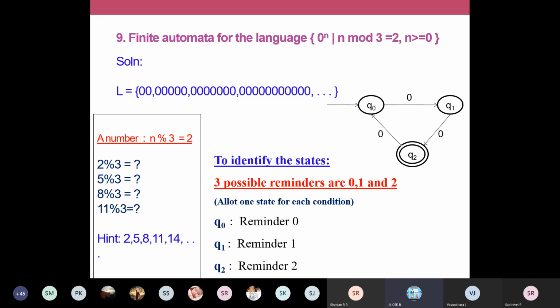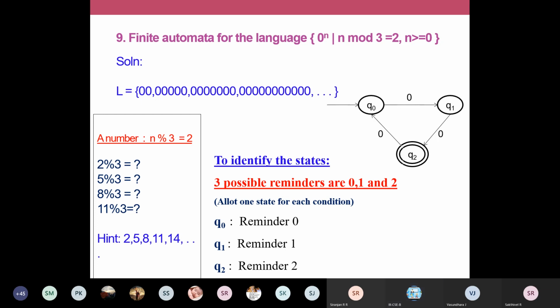So if you are dividing any number n mod 3, your remainder should be 2. The numbers are 2, 5, 8, 11, 14. These numbers satisfy your constraint. To identify your states, there are 3 possible remainders, 0, 1 and 2, and for each remainder, we are going to allot 1 state.